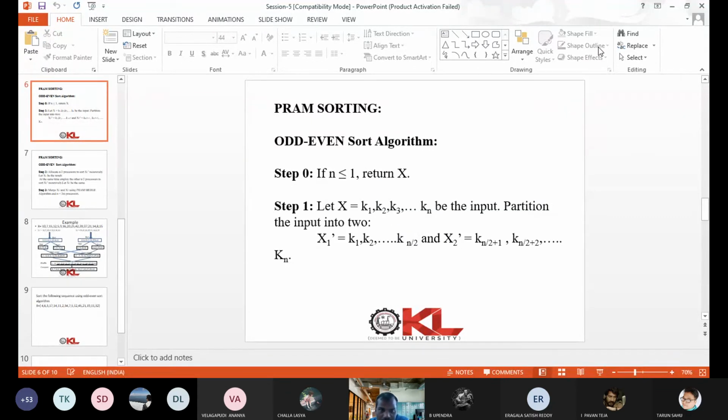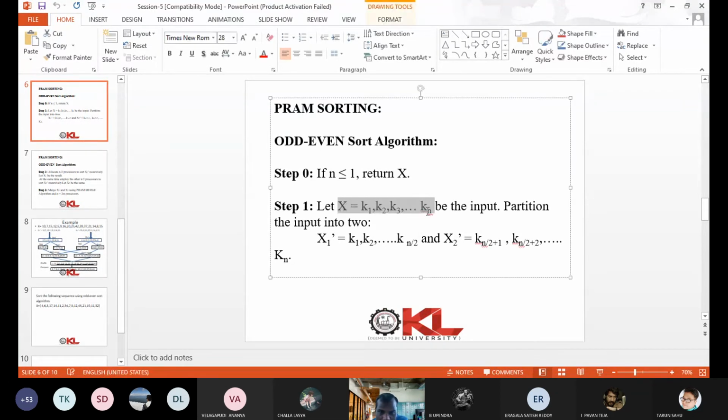Now look at the algorithm. We are given list X, which contains n elements, K1, K2, K3, Kn. Now first step is divide this list into 2 equal lists, X1 dash, X2 dash. So X1 dash contains first n by 2 elements, X2 dash contains the second n by 2 elements.